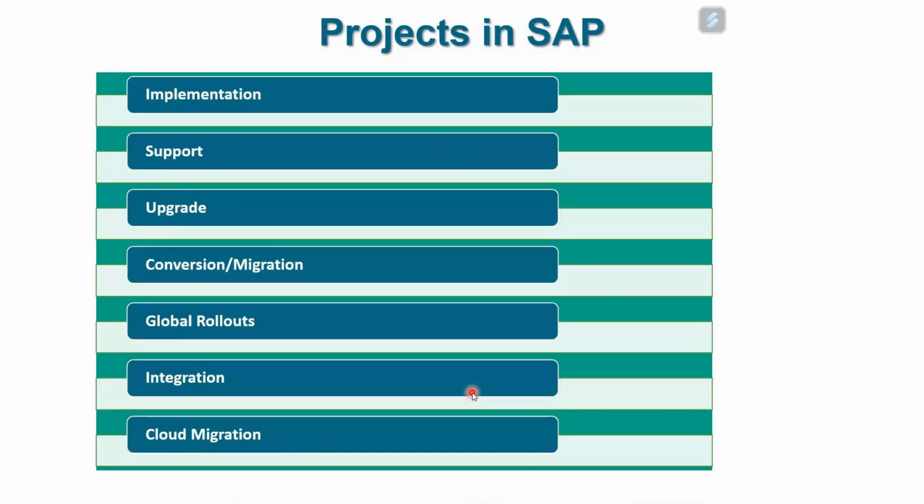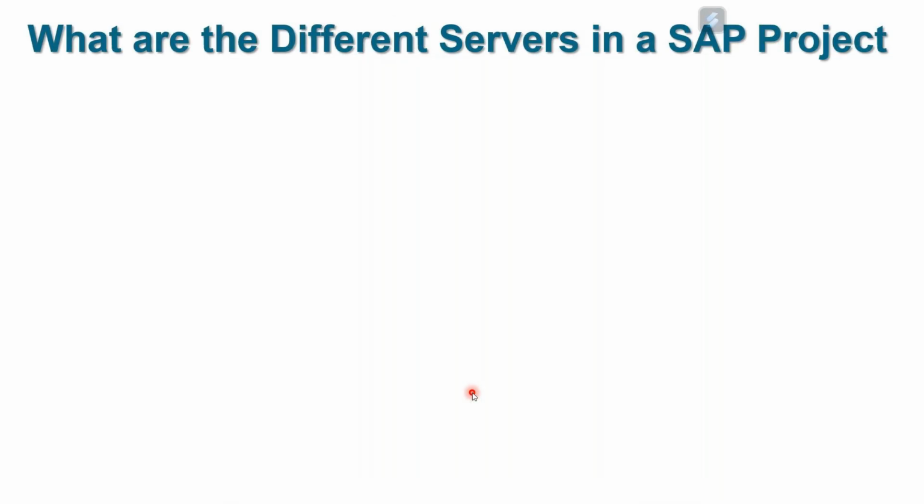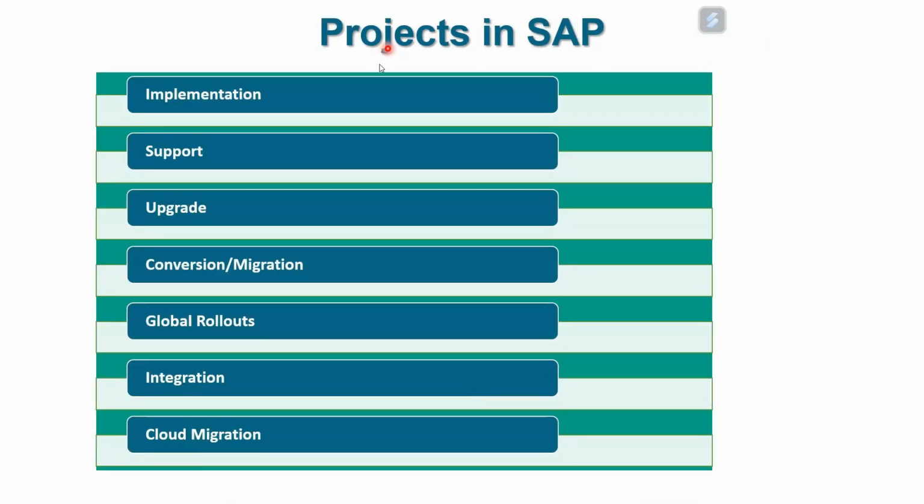And these are the kind of projects that you have in the SAP system. So you could be part of an implementation project. You could do implementation for your customers, which is implement SAP. This is also called a greenfield project. You could be part of support, where you provide support services to an organization already on SAP. Support them on ECC or S4 HANA.